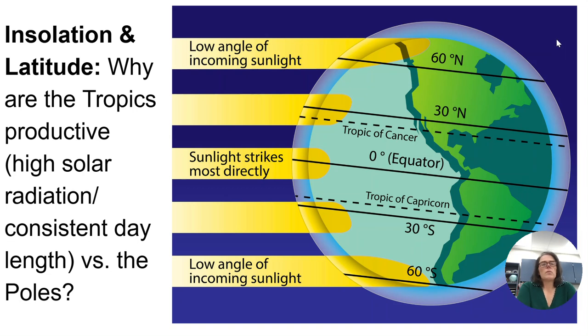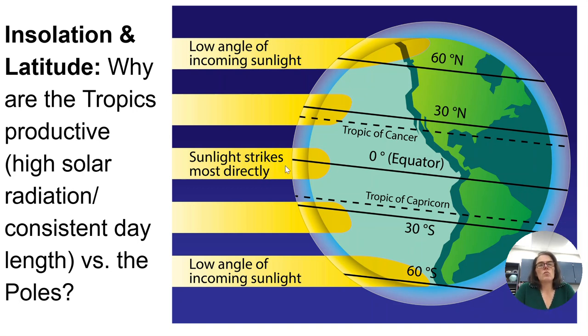All right, so let's start with the first one, insolation and latitude. And the point I want to make here is that the sun is shining on the Earth. Now, remember, this is what gives us the seasons. The Earth is tilted at 23.5 degrees. And that tilt is important, certainly for the seasons on Earth. And the sunlight is shining here on that equator. And what I want you to notice is that sunlight is shining at a very high angle, like 90 degrees, to the surface of the Earth.